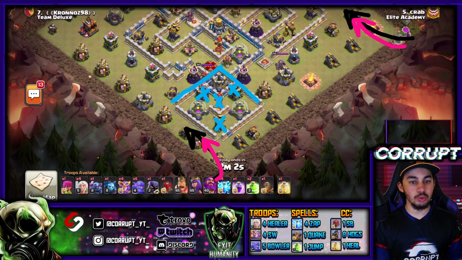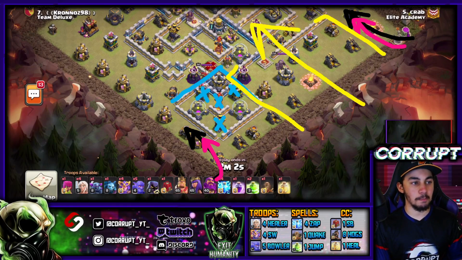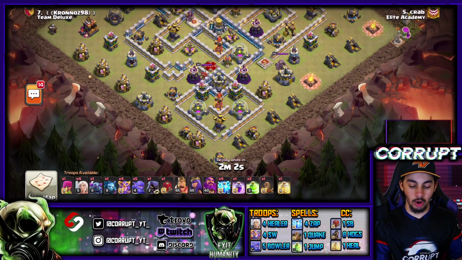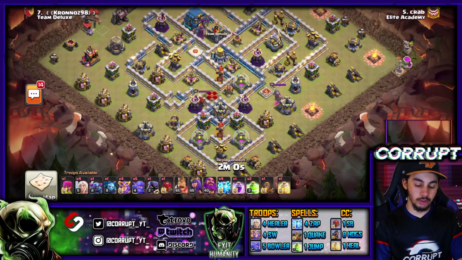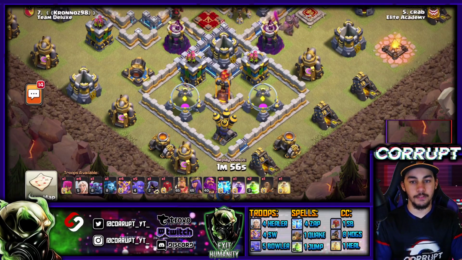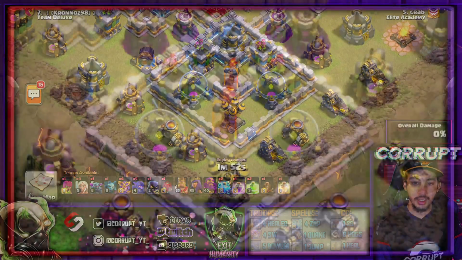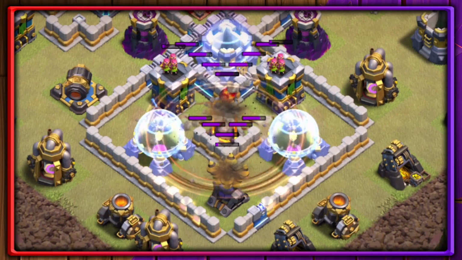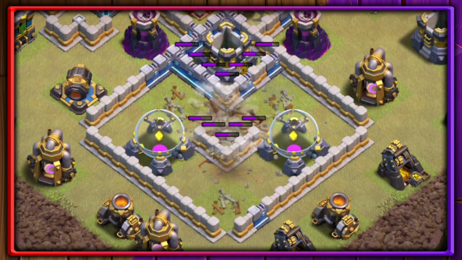And then we're going to use the P.E.K.K.As, along with the heroes and bowlers to move into the base and crush through the rest of it. That's exactly what you want to try and do if you're going to be using this army. So you really want to make sure that you're using the lightning spells first in order to get rid of the air defense along with the other remaining structures like you see here. So by using it here, we're able to get rid of an entire compartment, making it easier for the witches